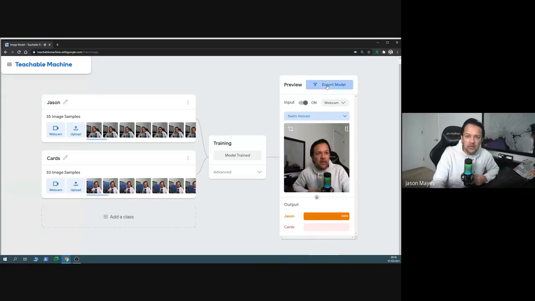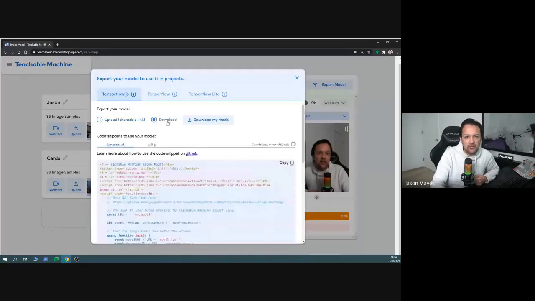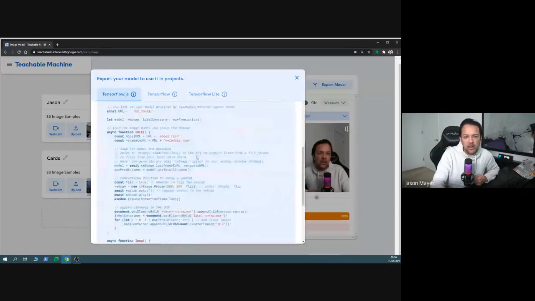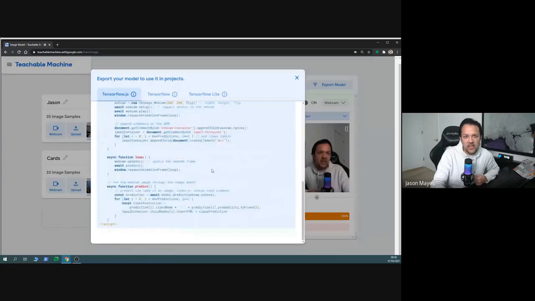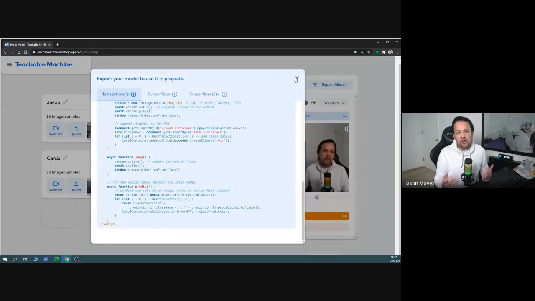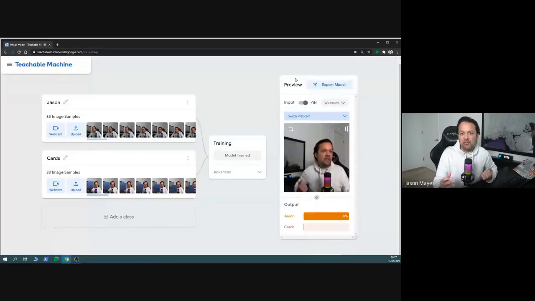Now we can click on Export Model, and we can click on Download. And now you can download the model files that were produced by TensorFlow.js to then host on your own website. And then, of course, you can do whatever you want with them, just like you would do in JavaScript normally. So now that you can recognize an object, what could you trigger? Maybe you could make a smart webcam to automatically detect when there's a human in your house, or a dog, or a cat, or whatever it might be. You can detect that and send yourself an alert with some WebSockets or something like this. And it's really up to you. Your creativity is limitless here, and you can do lots of amazing things.